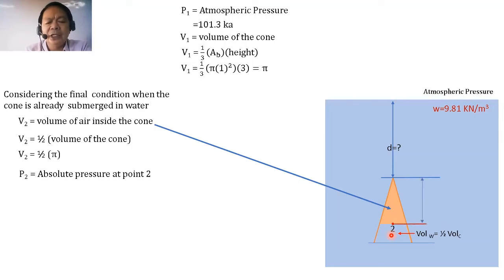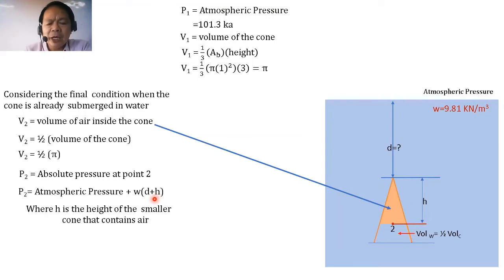Assuming that this is at height h from the apex. Di ba? Sa mga katuwid, the absolute pressure here will be the atmospheric pressure plus the pressure due to the liquid, which is equal to W multiplied by the sum of D and H. Kaya kung ito simplify natin dito, it is the atmospheric pressure plus W multiplied by D plus H. Okay? But itong height ay makukuha natin ito